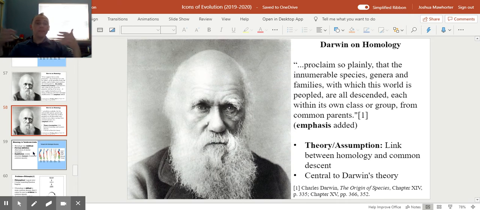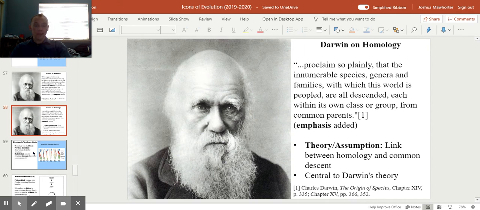So he says the evidence of this is plain because these structures are similar. Therefore, we can assume it should be plain and obvious to us that we came from a common source, and therefore we share these similar structures with animals that have these homologous